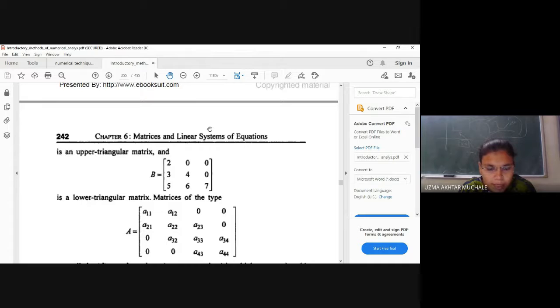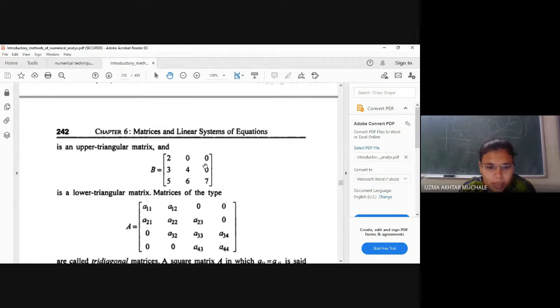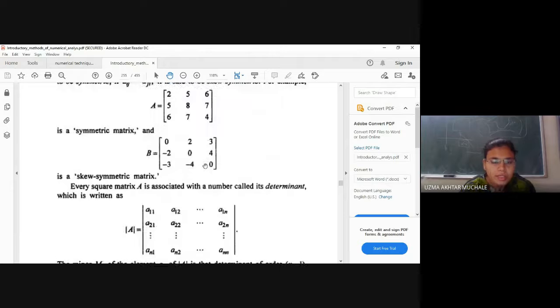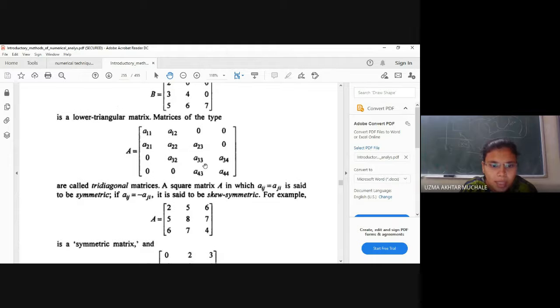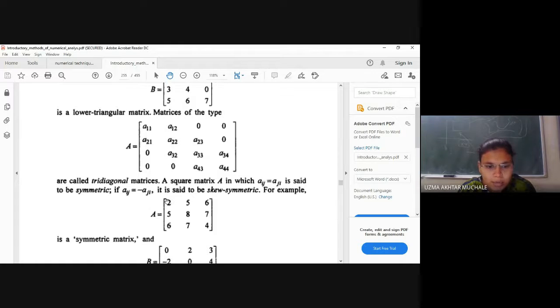Now the matrix B you are going to see here is a lower triangular matrix, in which the upper entries are zero, we have the entries in the lower triangular part, and all other entries are zero. Okay, so these are the types of matrices that you have seen already. What is a symmetric matrix? In which we have Aij equal to Aji. Just like here, A21 should be equal to A12, and A32 should be equal to A23, A33 as it is. So A34 should be equal to A43. So whatever the suffixes we have, Aij should be exactly equal to Aji. If this exists, it is called a symmetric matrix.